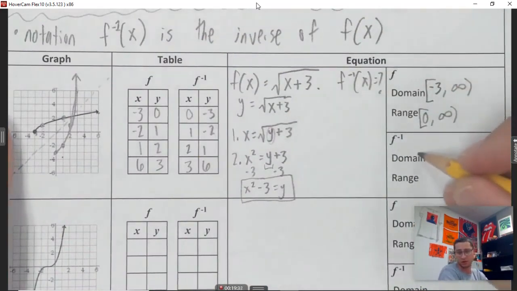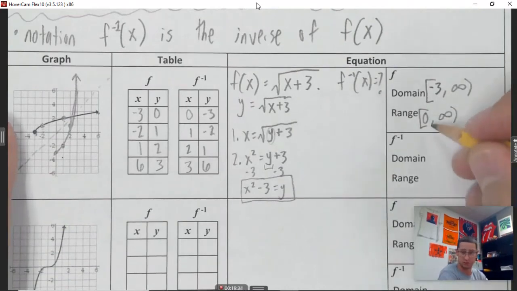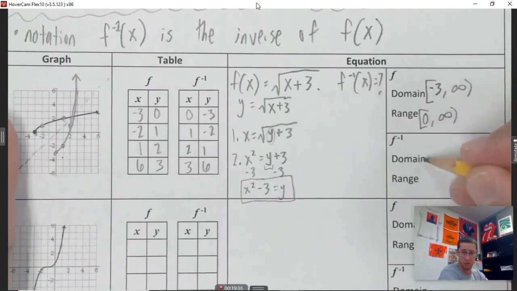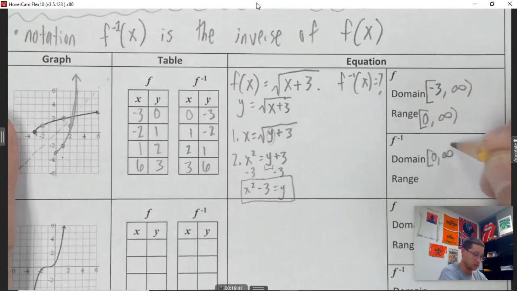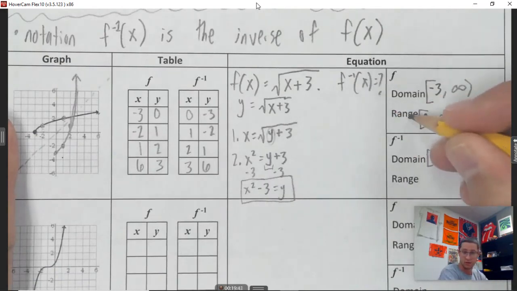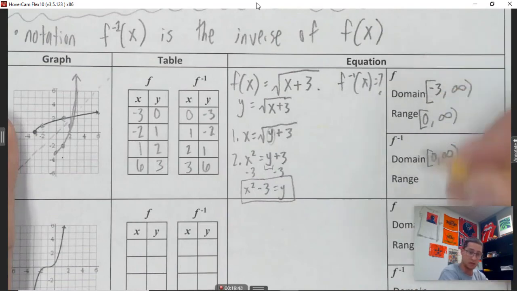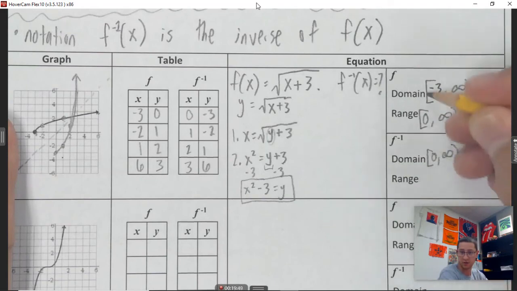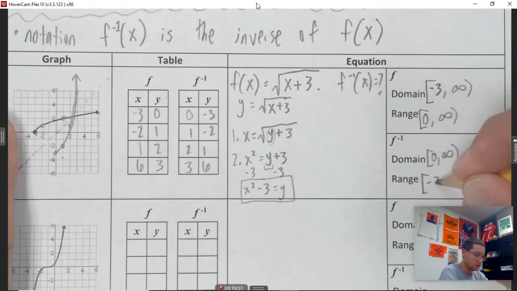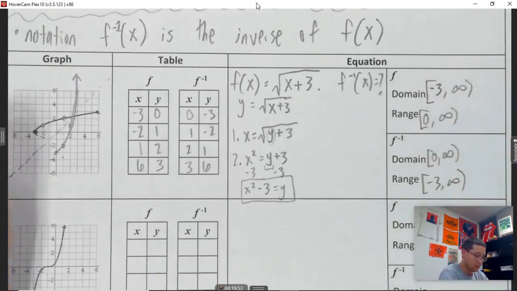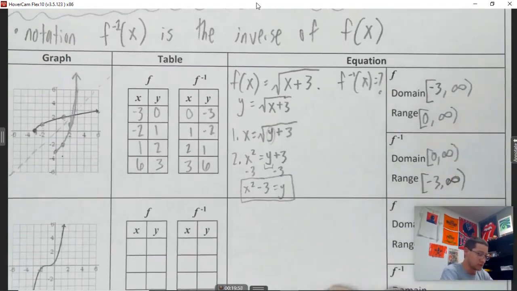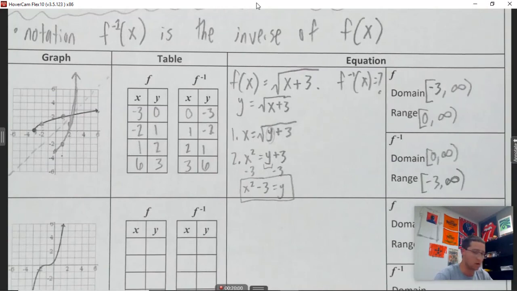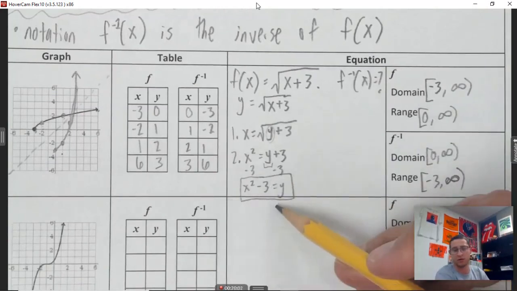If I want to talk about the domain and range of the inverse, literally we just switch them. So the domain for the inverse is now right here. The range is now the domain, and vice versa. Down here for the range, I'm going to go ahead and write the previous domain. So now we've seen an example of where we find